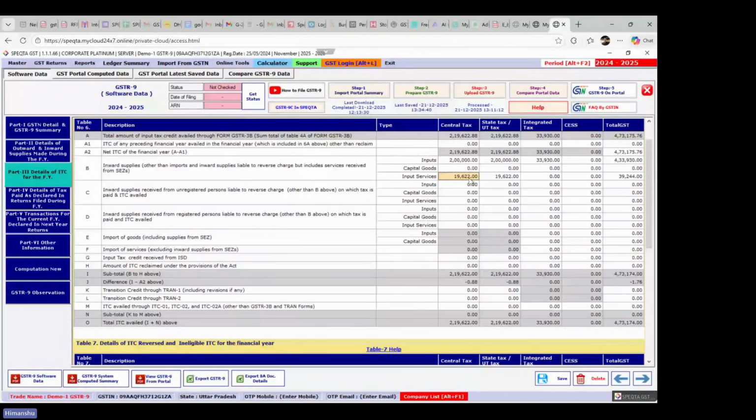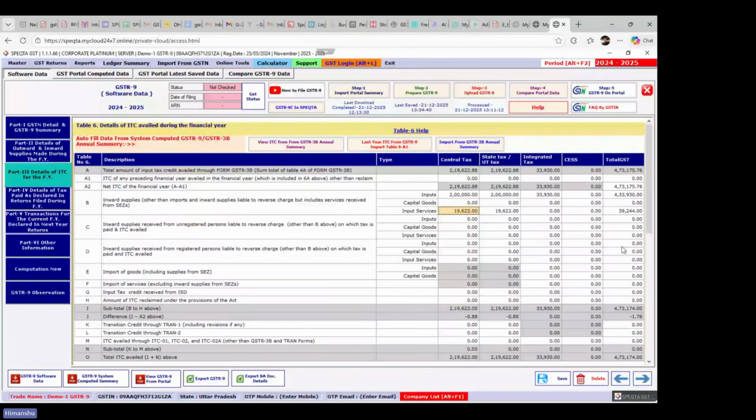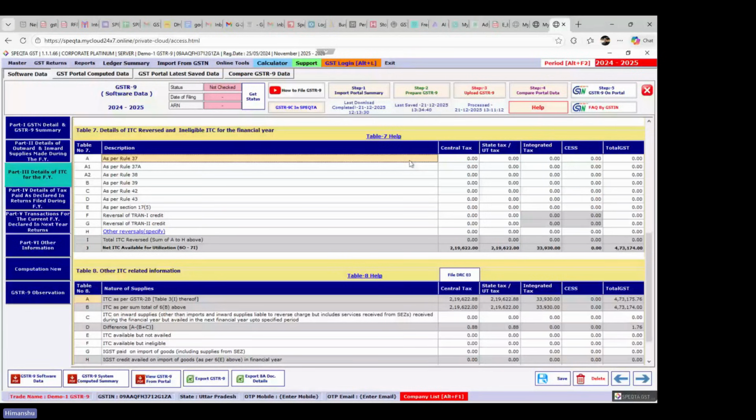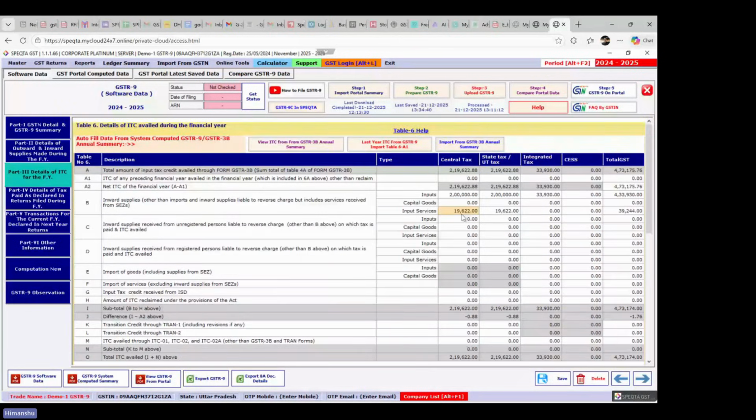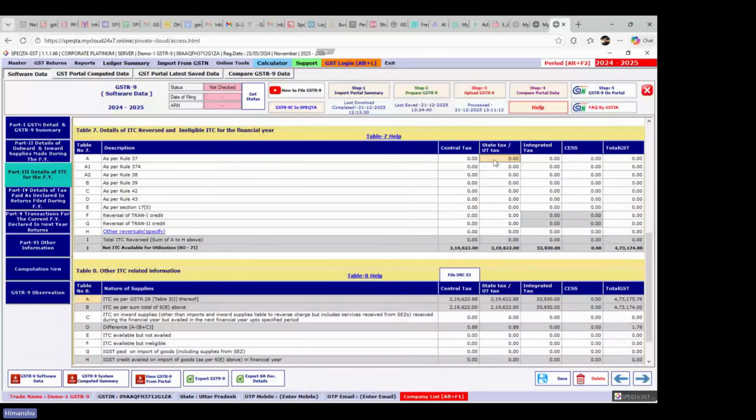First of all, this ITC must be mentioned in table number 6B in the part for which it is applicable. If it is applicable in input, capital goods, input service, as the case may be, it should be included here. And second point, if you have reversed it, then you need to mention in rule number 37 that I have reversed the ITC due to non-payment within 180 days. So I have just mentioned it, reversal